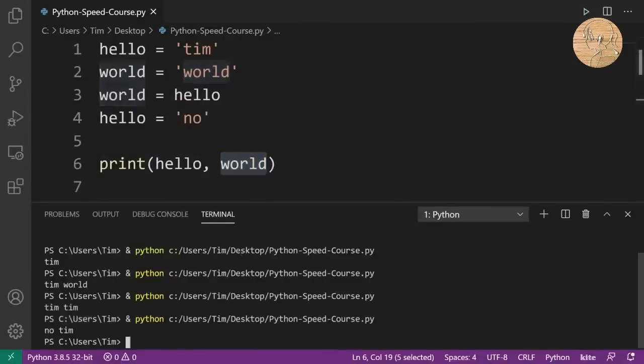So let's have a look here. And sorry, other way around. We get no Tim. My bad there, we printed hello first and then world. I had that mixed up. That is the basics of